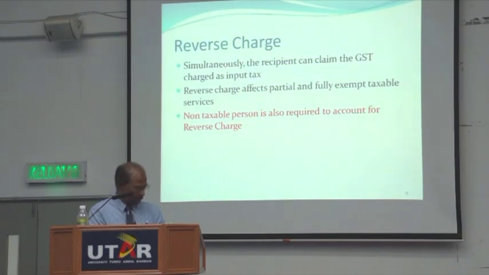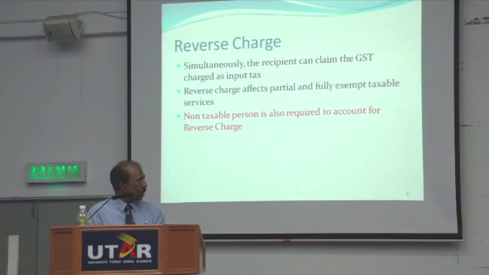So you can see in this case, the person who's using the services, simultaneously the recipient, can claim the GST charge as input tax. So he's doing both input tax as well as output, and he can claim the GST charge as input tax. So reverse charge affects partial and fully exempt taxable services. Even the goods may be exempted, but because we are dealing with services, it affects them